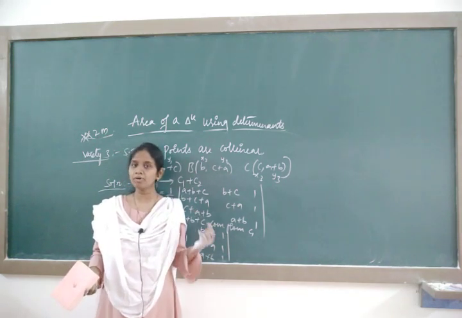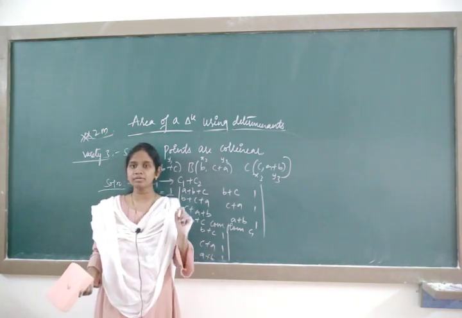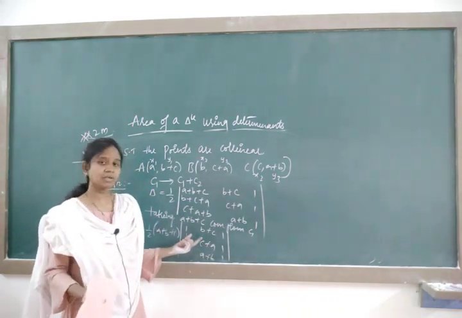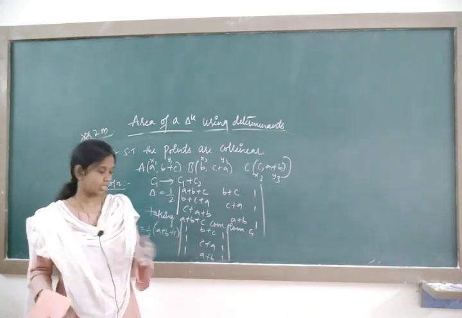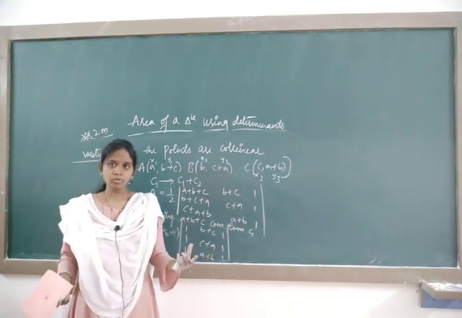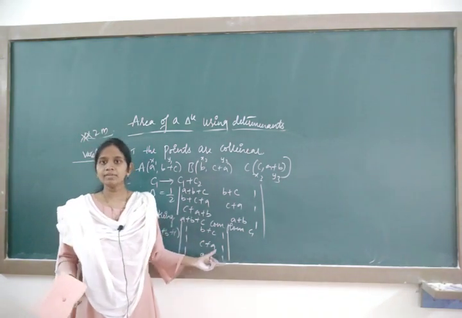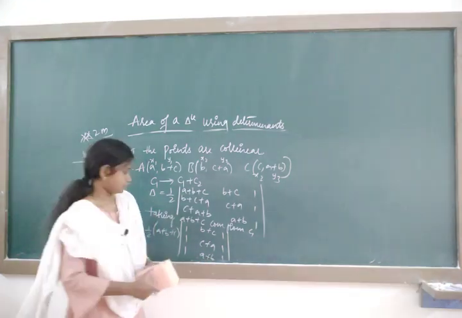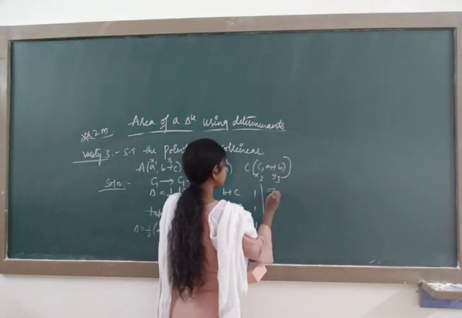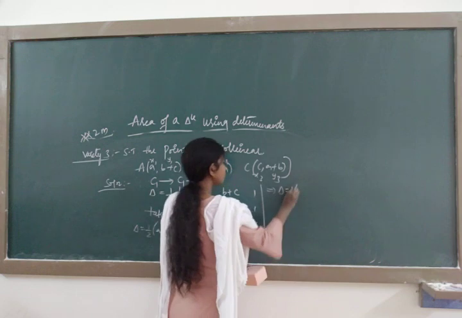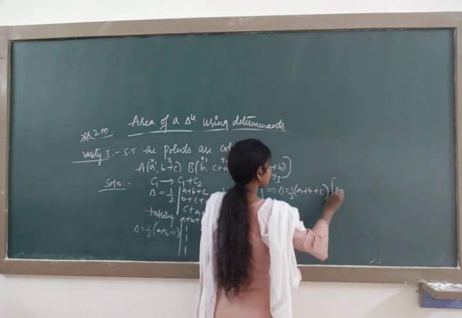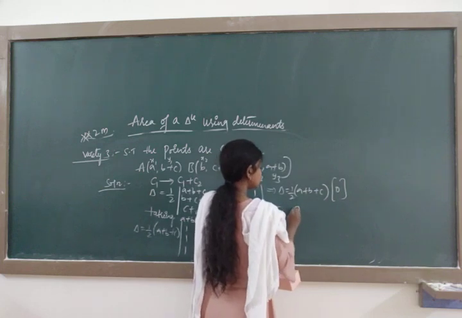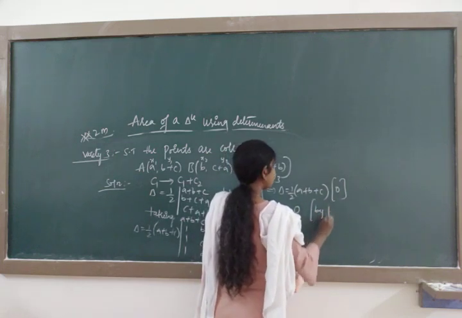Please recall the properties of determinant part 2, I think. Determinants part 2, you just go and check it out by looking at property 3. When any two rows or any two columns are identical, the value of a determinant will be 0. Therefore, this implies delta is equal to half of A plus B plus C. The complete determinant value will become 0. 0 into something, 0 by property.